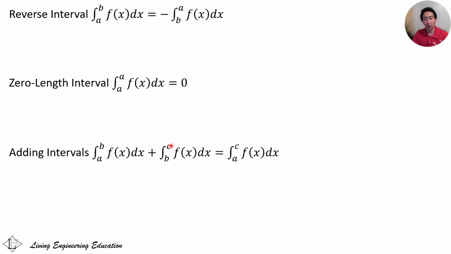What we're going to look at is graphically what this looks like, and we'll discuss briefly when this can be useful. So first, the reverse interval. The concept is we're used to taking a lower limit of a smaller value than the upper limit, like from 2 to 5, let's say. We haven't seen, at least in the videos that I've posted so far, the reverse of that. We haven't seen from 5 to 2. So you might ask, when would you actually have that case? Well,